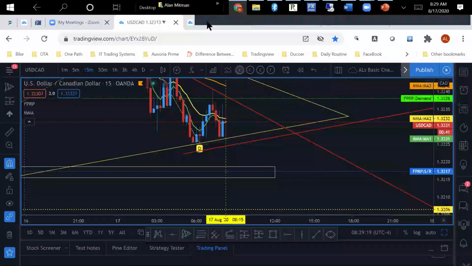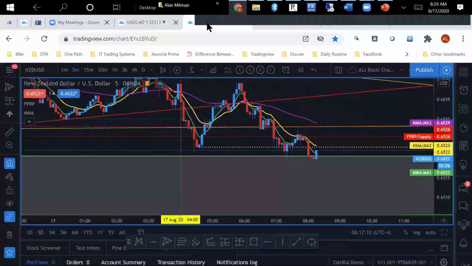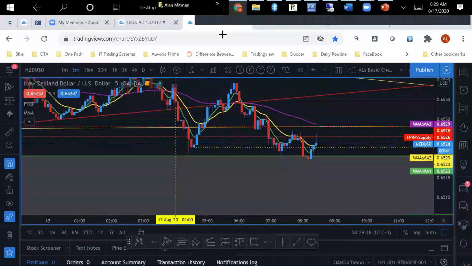How's our New Zealand doing here? It's coming back. It's just been going sideways pretty much ever since it broke out of the wedge. It keeps on coming up, testing the wedge, testing the bottom, testing the wedge, testing the bottom. And this range in here,